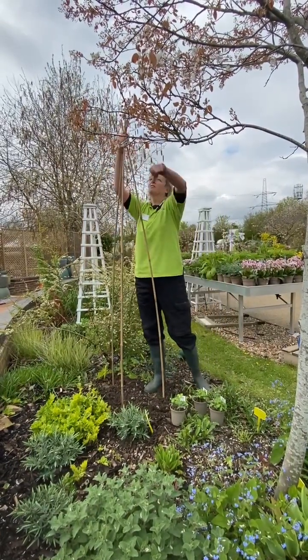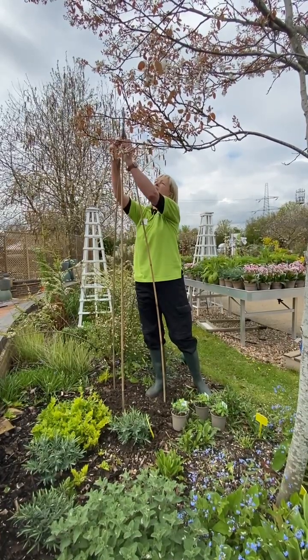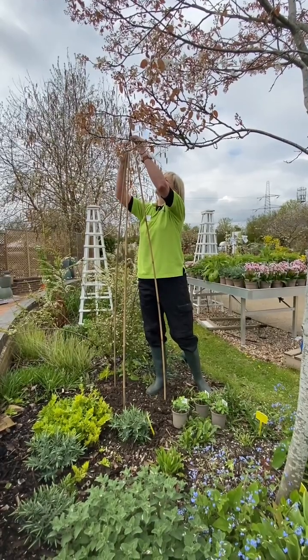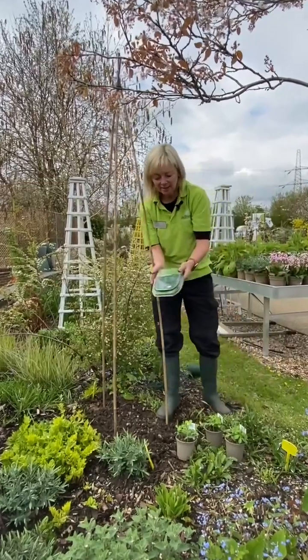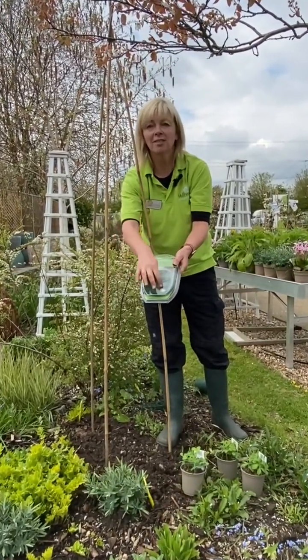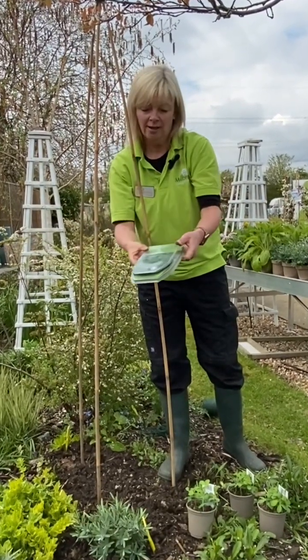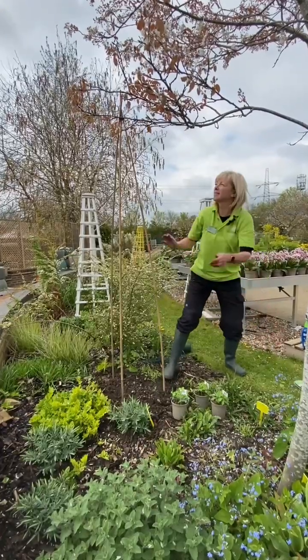Then you gather the top together, and you can either tie it with garden twine, like that, or we sell these cane grips as well. They're wigwam cane grips. So if you've got 5 or 6 canes and a bigger wigwam, you can put that on the top and slot them all through. So that's quite handy, and it's very sturdy as well. So now that's secure,